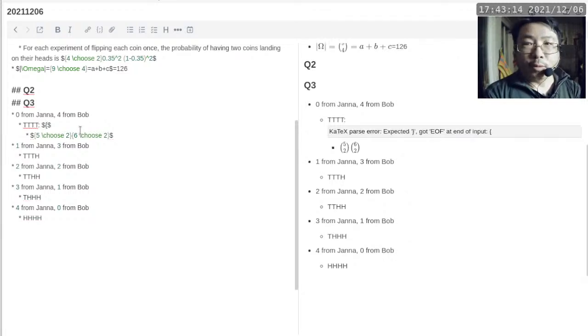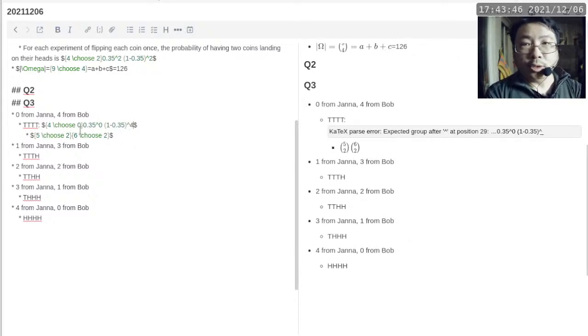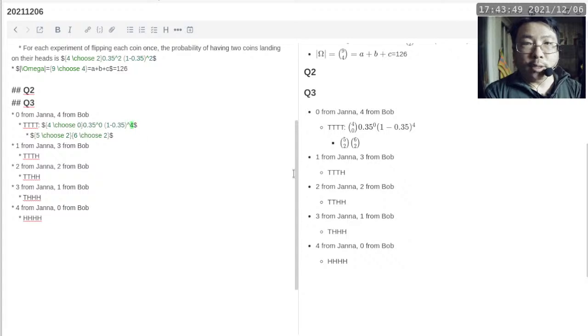We have 4 choose 0 because we are always relative to how many are landing on the heads. It's nice to have a consistency over here. So I'm just going to say we have 0 heads and 4 tails in this case. So that means 0.35 to the power of 0 because none is landing on the head. And then we have 1 minus 0.35, which is the chances of landing on the tail for each flip. But this one has to be raised to the power of 4. So there we go. So we look at this number, and then we have to multiply this number with the